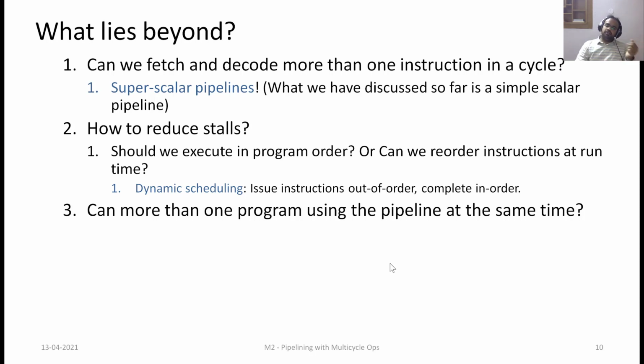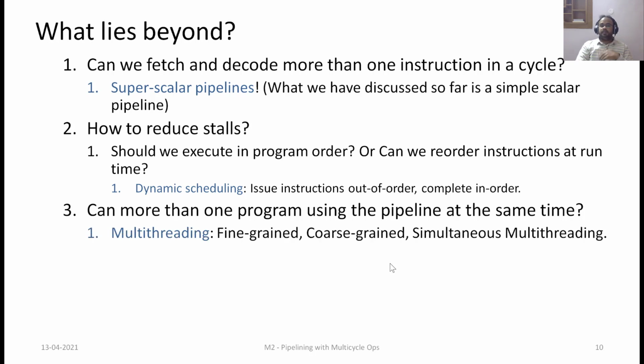The third question that the designers were asking is, can more than one program run on the same pipeline at the same time? So this you already know. Maybe we can possibly do some time division multiplexing among multiple programs and try to run each of them for some time, and whenever some issue comes up, we'll switch to some other program, etc. That again is implemented, and we have what's called multi-threading,